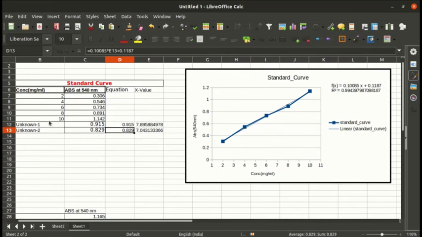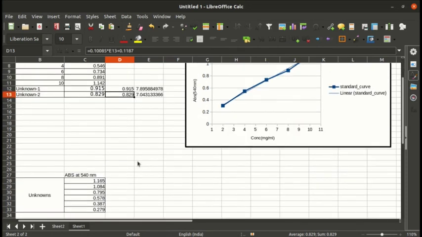So for one or two unknown absorbance values, you could actually type in your calculator and find out the concentration. But when you have a series of unknown solutions and a series of absorbance values, it's laborious to type in your equation every time. So you could use this. I've got a series of my absorbance values. You could solve it in a matter of minutes.